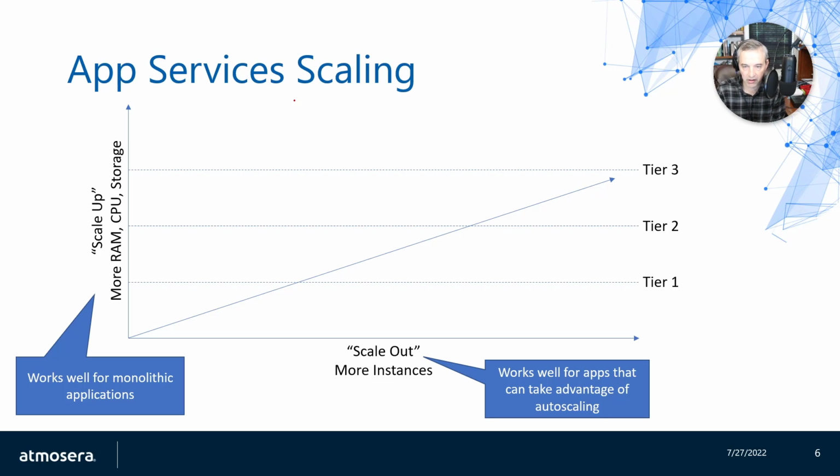There is scale up and scale out. Scale up is where I increase the amount of RAM, CPU, and storage. Scale out is where I increase the number of instances for my application. And as I said, it relates to the app service plan. So if I have a single app service plan and I want to scale out the number of instances of that app service,